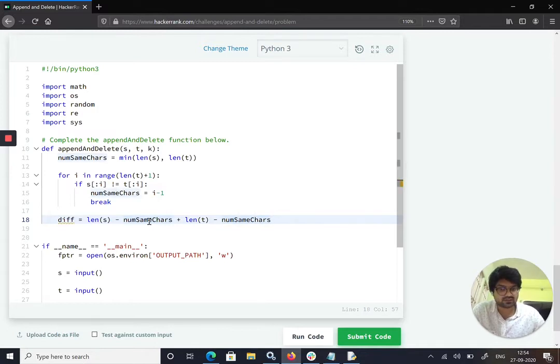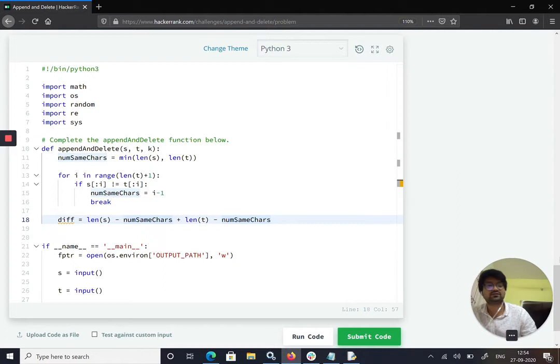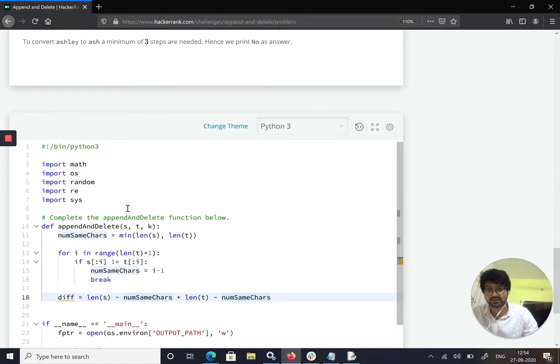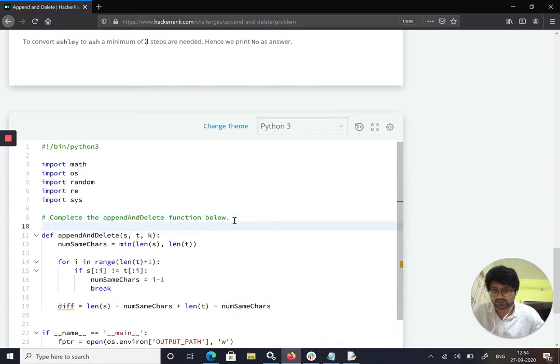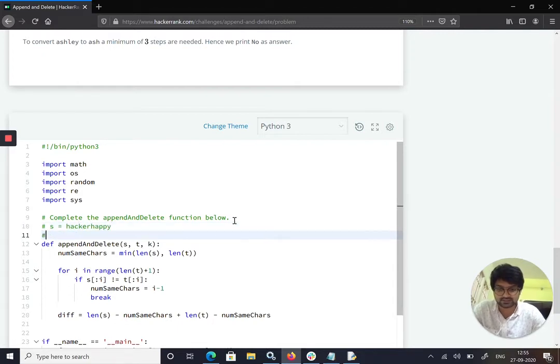The difference is what are the different characters between hacker rank and hacker happy. I will write a sample input over here, with a comment. So s is hackerhappy and t is hackerrank.